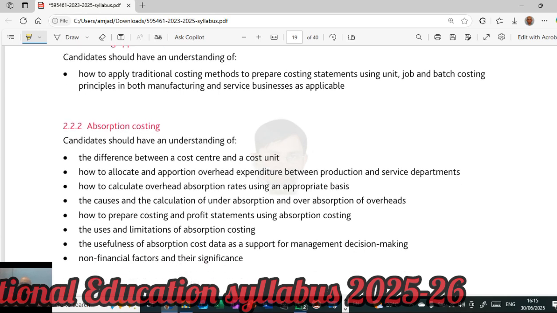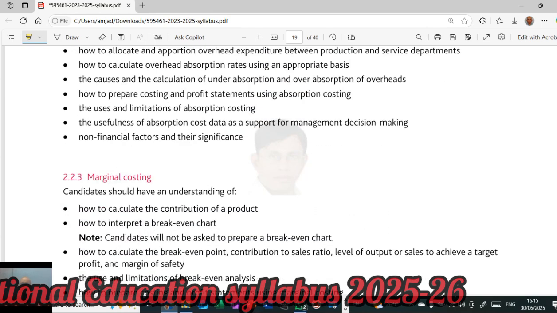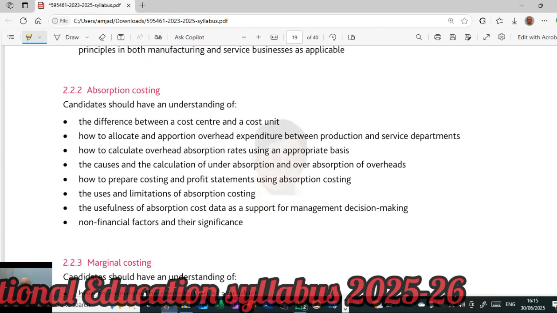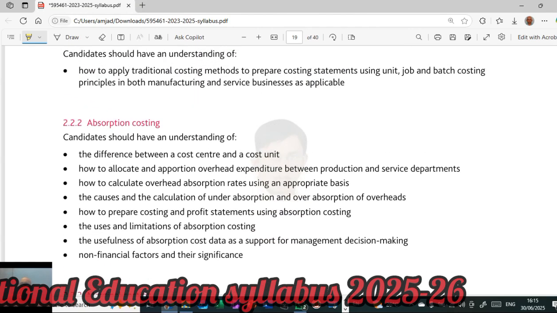So we'll be discussing in cost and management accounting. So very relevant specific questions will be asked on absorption costing. And again you have to be very thorough in this. Plus again these topics will be discussed in A level as well. So that's why you should be super thorough in this, because this has much significance with the A level as well.